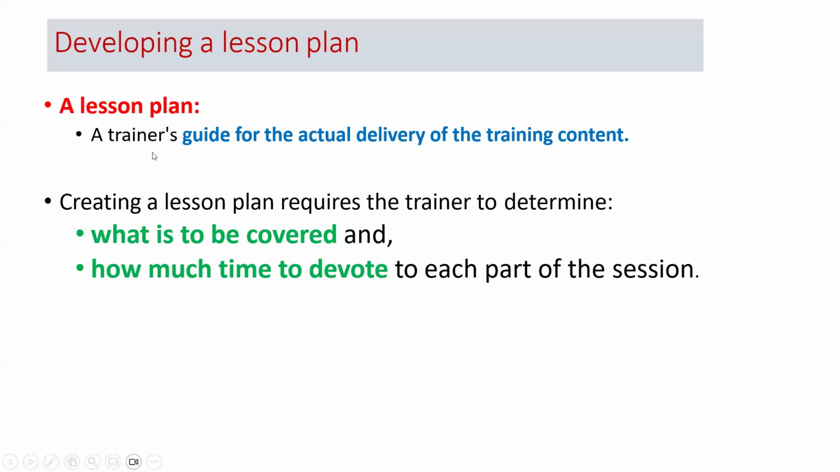A lesson plan is the trainer's guide for the actual delivery of the training content. Creating a lesson plan requires the trainers to determine what areas are to be covered. For example, the classic example is our C1 form or the course outline. In that, basically, we can identify everything: what are the lessons we are going to cover and the time information, when they are going to be covered